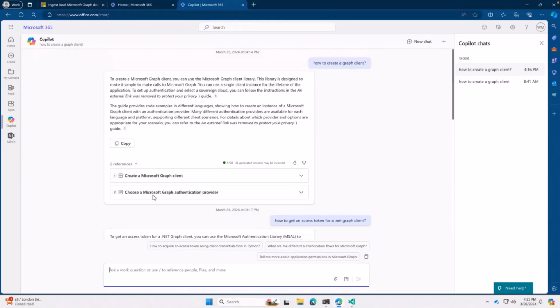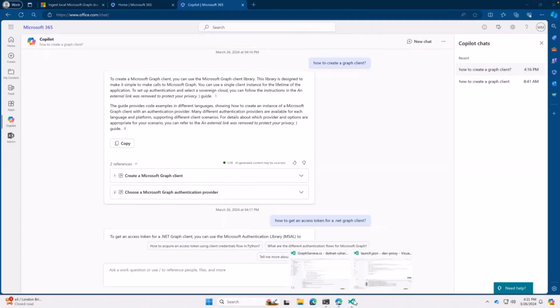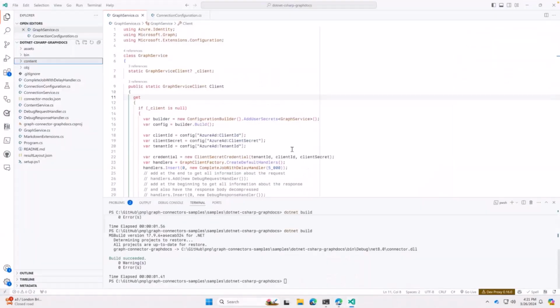How did I bring external stuff, like in this case the docs for the Microsoft Graph API and the SDKs, to Microsoft 365 to get these answers? Well, what I've done is I've built a connector. I've built a Microsoft Graph connector, which is kind of the vehicle for you to bring any external content you've